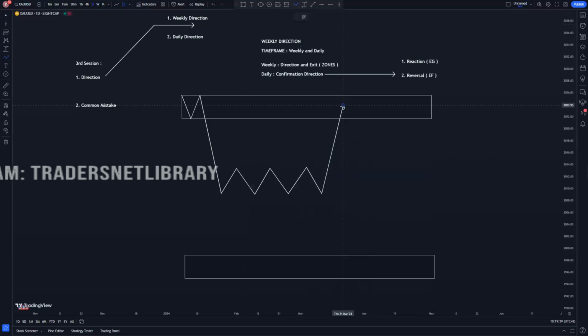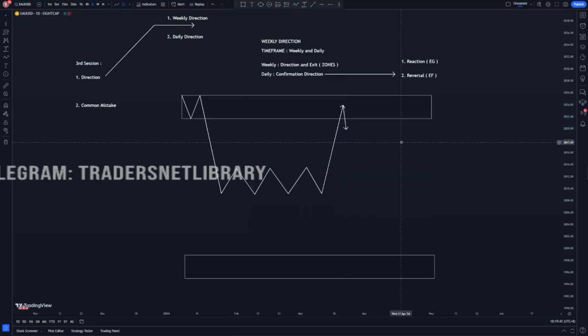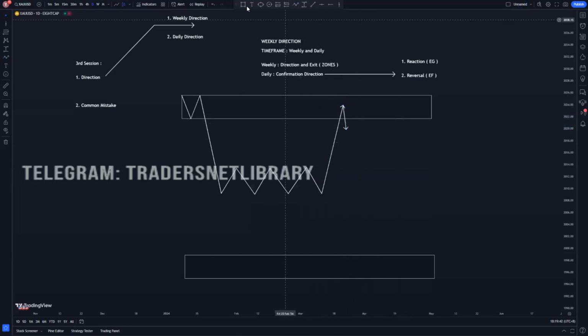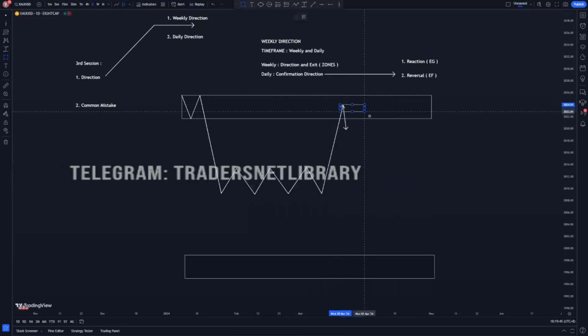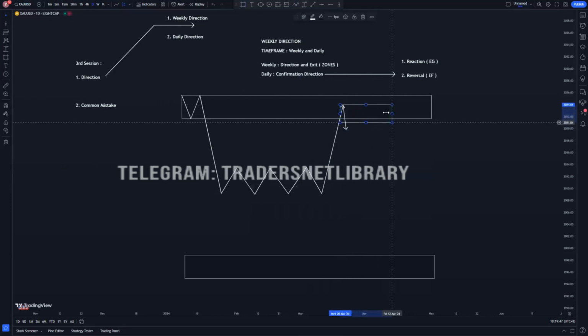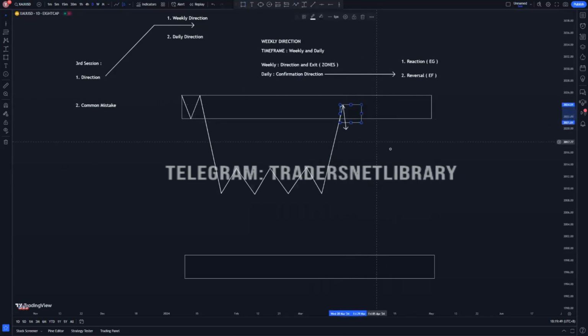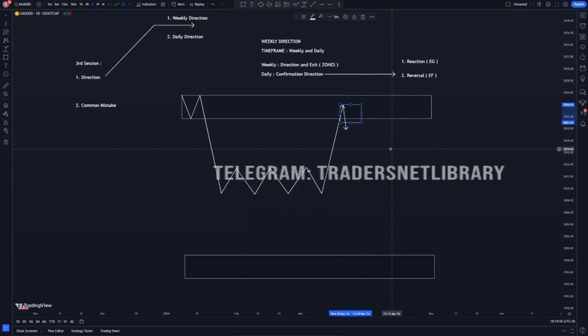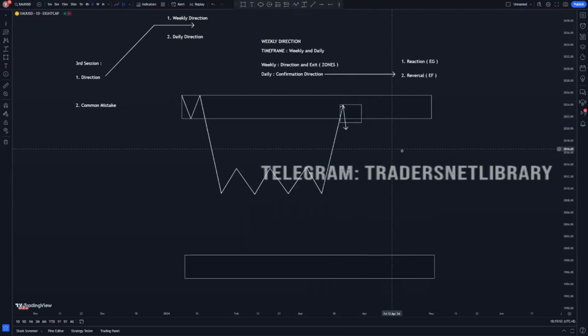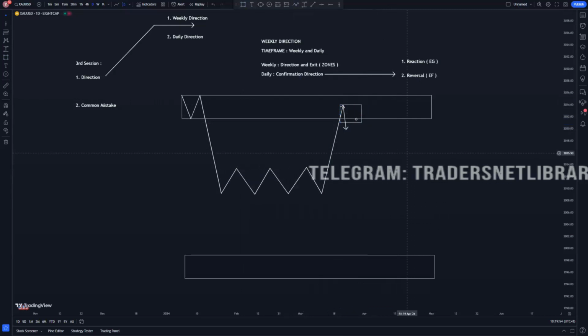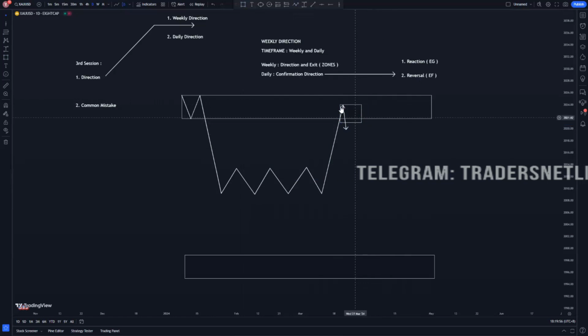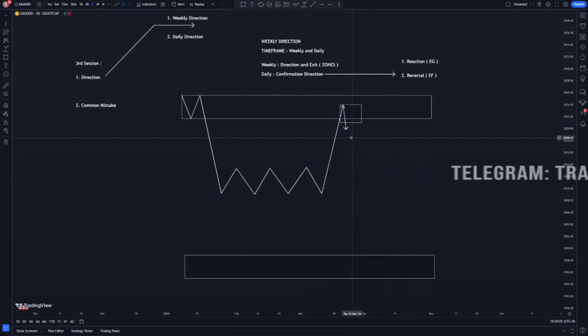When the price gets into the zone, we need to wait for the price to create an engulfing sell. For example, daily creates an engulfing sell. After the daily creates an engulfing sell, like I say, the chart is actually talking to us. So what the chart says to us after the candle closed as an engulfing sell is that the price is going to